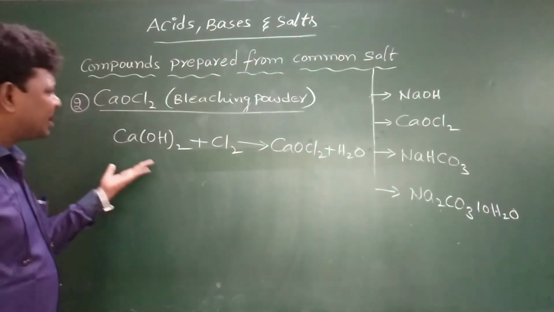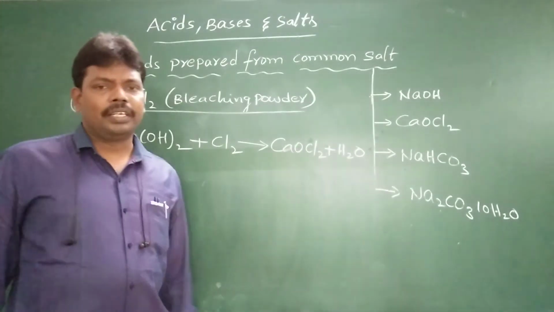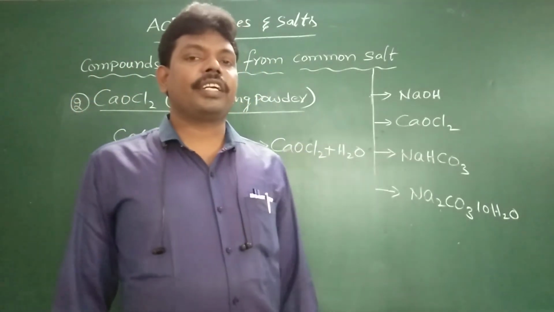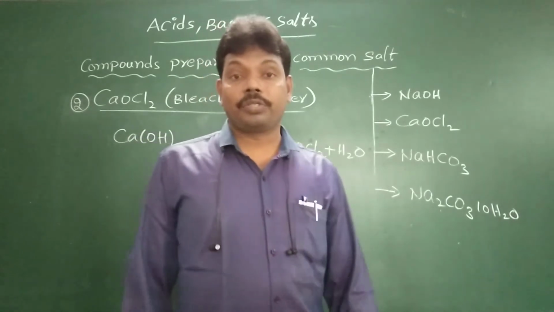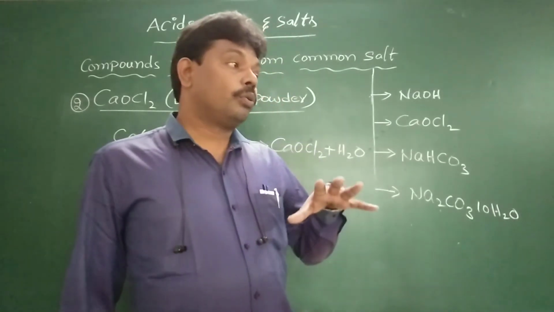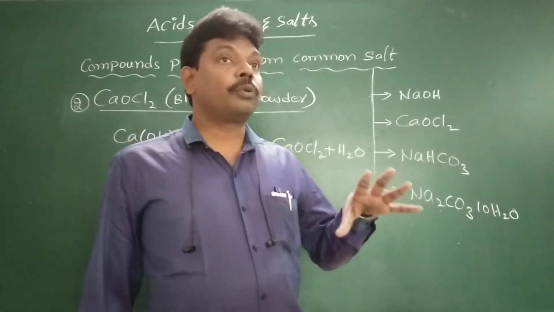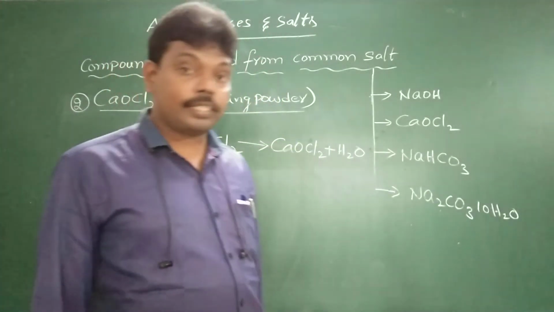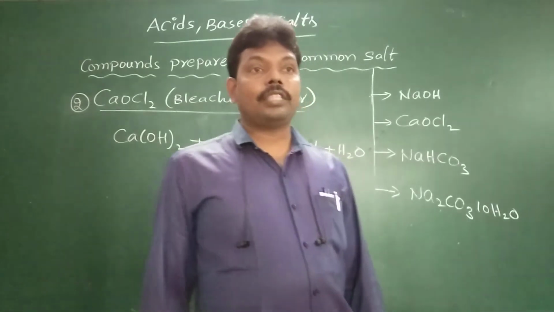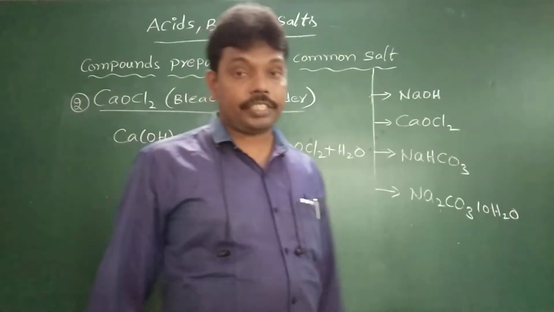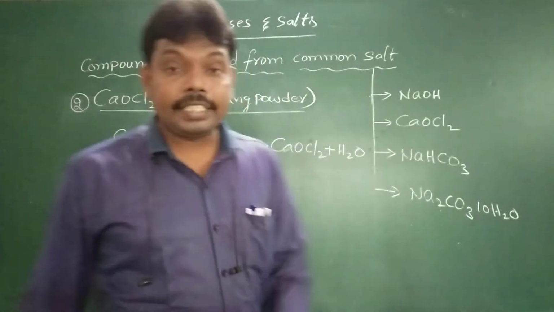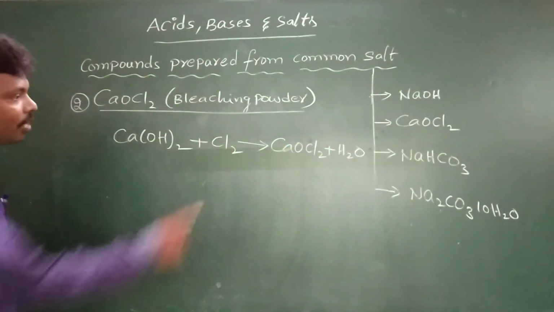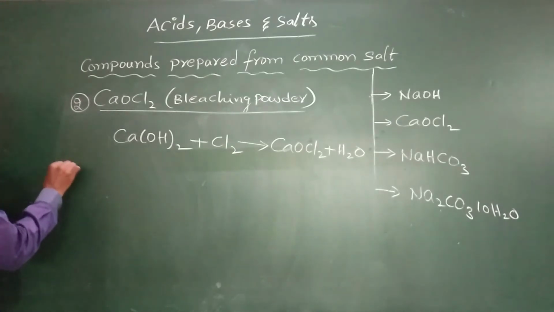So what are the uses of the bleaching powder? Simply, bleaching powder is used in the textile industry, paper industry, and for domestic purposes also. It is used to kill the germs in water. For water treatment also they are using this bleaching powder, and it is one of the good oxidizing agents. These are the applications of the bleaching powder. So next, what is the third one here? The third one is